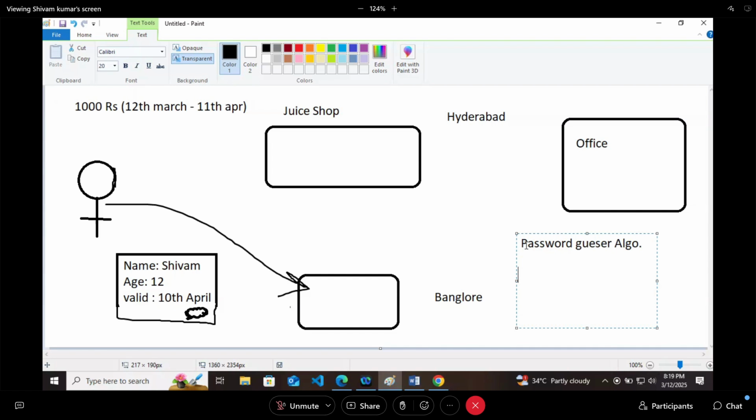Let's say you want to hack my Instagram, there's a 99% chance you can hack my password easily using this. Read about it, it is available on the internet everywhere. It is complex, by the way.